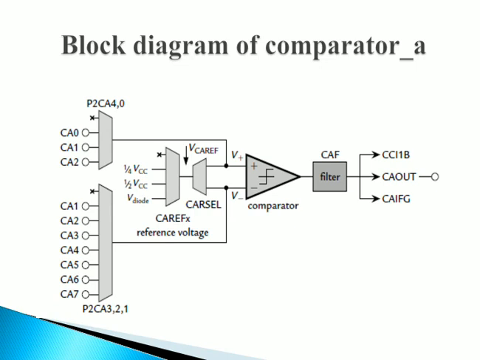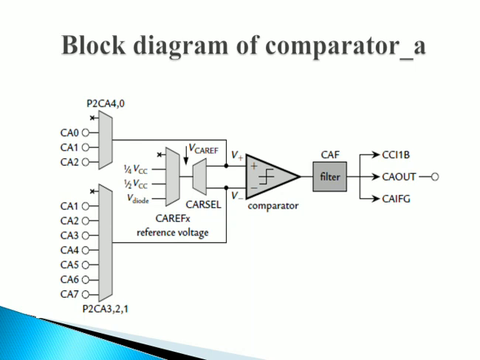Before that, let us know what this comparator A is. This comparator will compare your analog voltages at the positive and negative terminals. If the positive terminal is more than the negative terminal, then we say that the comparator output will be high. The comparator can be turned on and off by using the comparator on bit. The comparator should be turned off whenever it is not used, right? Why? Because it can reduce your current consumption, and when it is off, the comparator output will always be low.